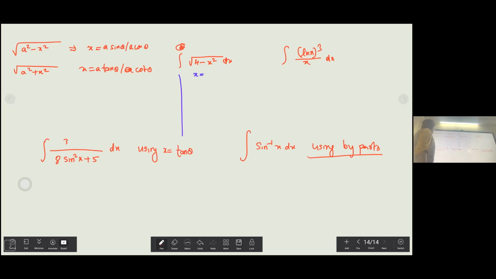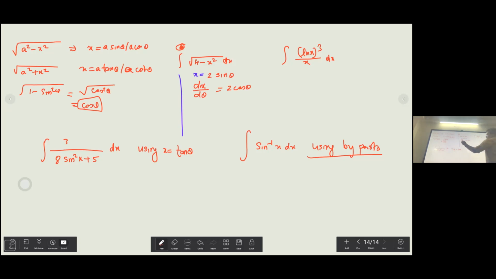And the only logic that I'm using here is your trig identities, nothing different. Because I know that if you have got 1 minus sine square theta, let's say within the root, something like this can be simplified to cos square theta, and then your root disappears and you can get away with the square root basically. So now here, when I'm integrating root of 4 minus x square, let's say I take x as 2 sine theta. So dx by d theta, I'm going to first write down, which is 2 cos theta.